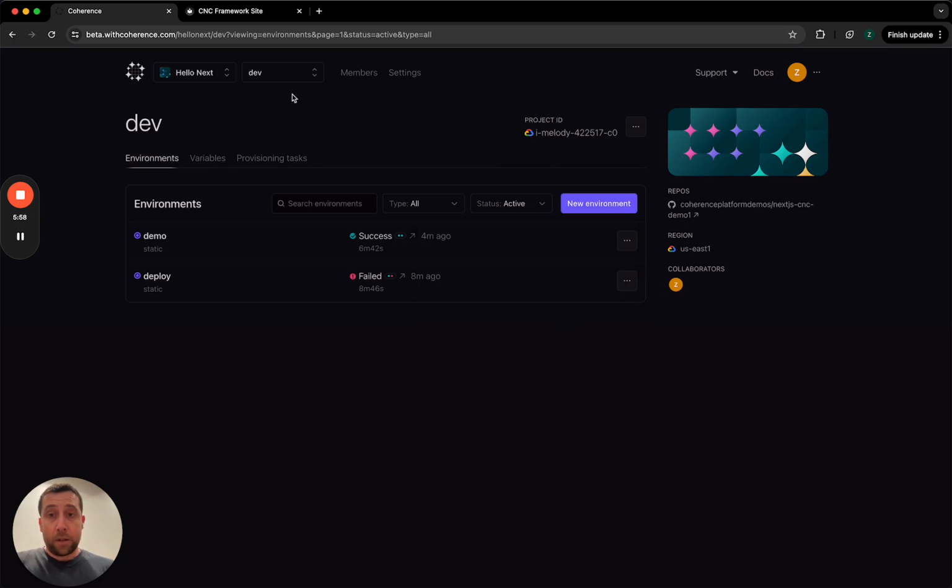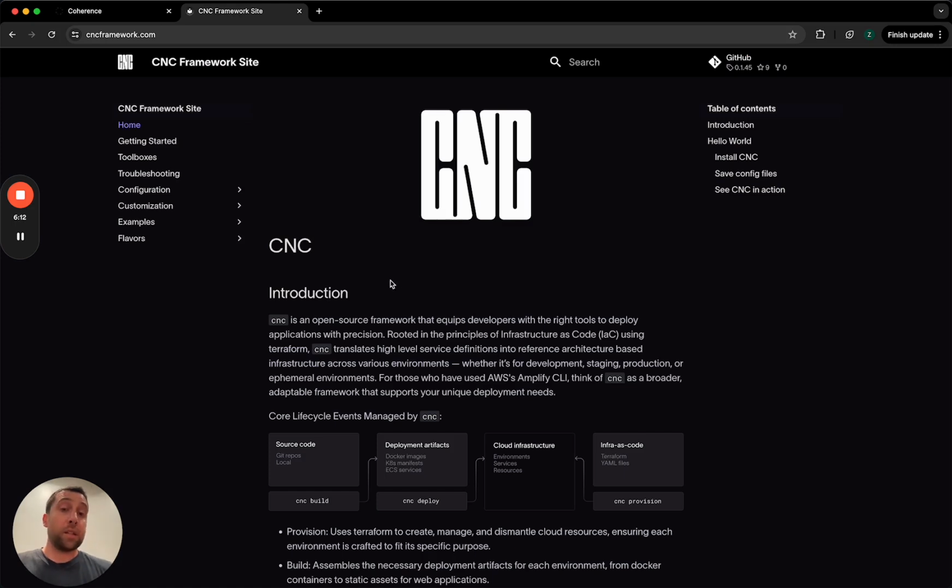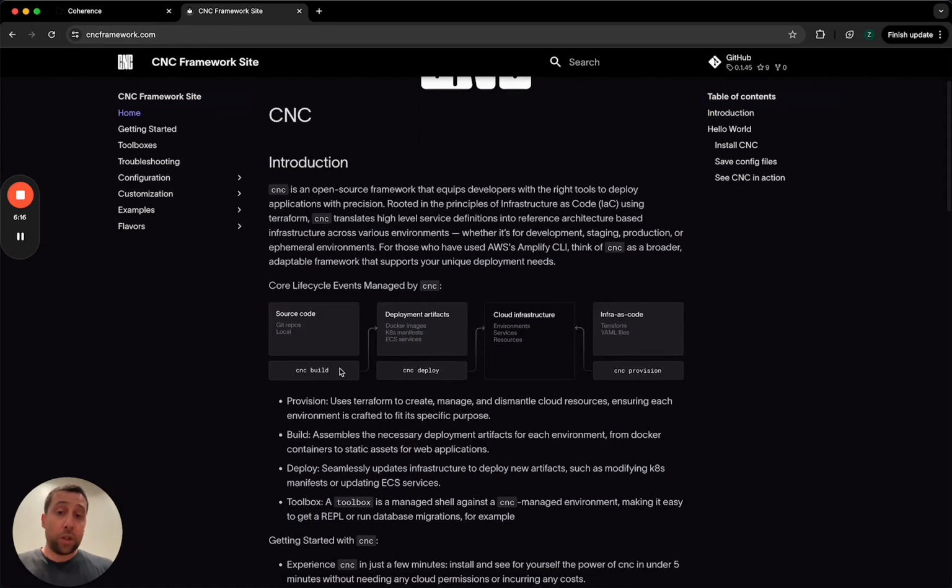And the last thing we're going to talk about here is CNC. We've talked about it a few times, but this is the ability to customize the infrastructure as code and build and deploy scripts that we provide. So you can set that up within your application settings. And what this lets you do with CNC Framework, cncframework.com, is manage the scripts and infrastructure as code files that